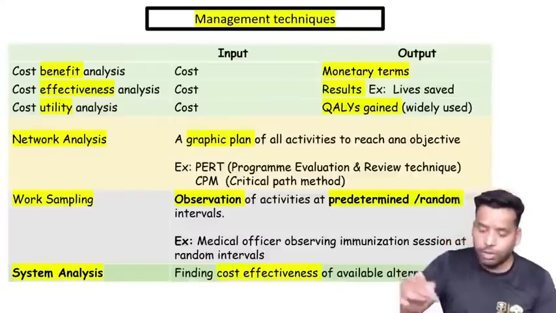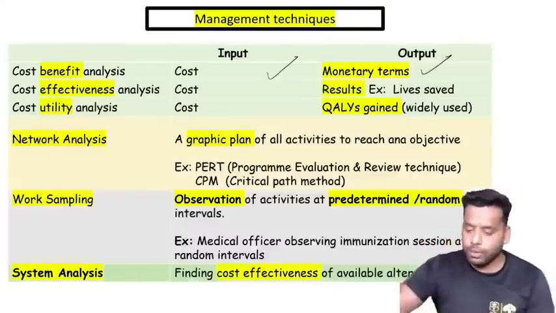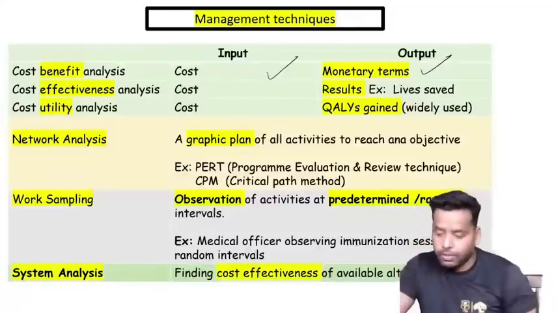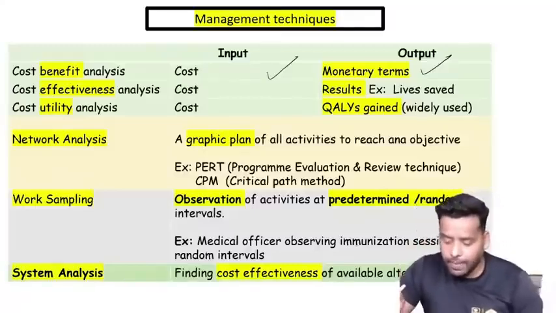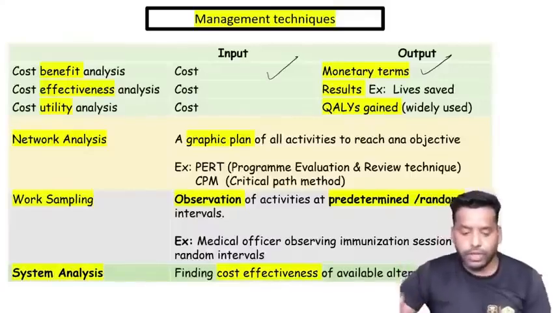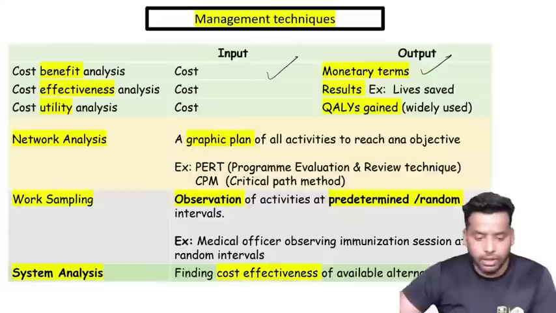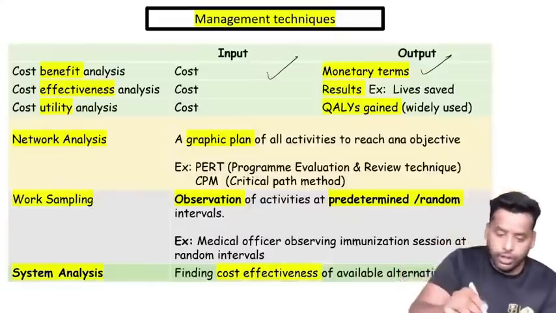Input is cost, output is money. Tell me, 10 rupees I am putting, 20 rupees I am getting. What is this? Cost benefit or cost effectiveness? Cost benefit. For 10 rupees I am putting,